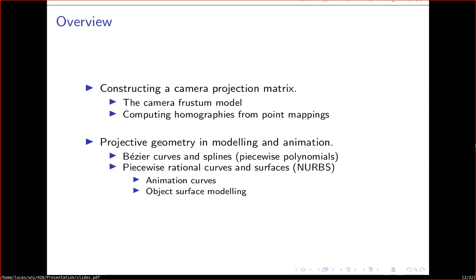Firstly, the camera projection matrix is one of the fundamental computations, or homographies are actually one of the fundamental computations done in triangle rendering engines used for real-time graphics applications, so video games basically. So I'll go over the full derivation of the camera projection matrix first,